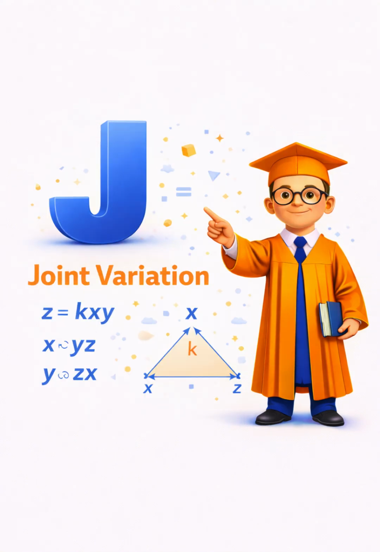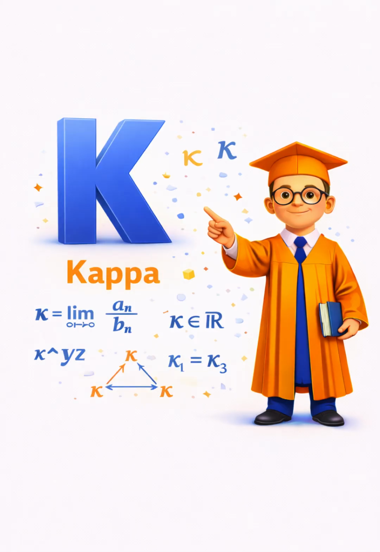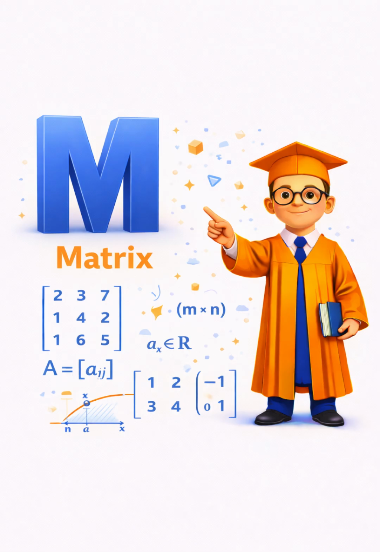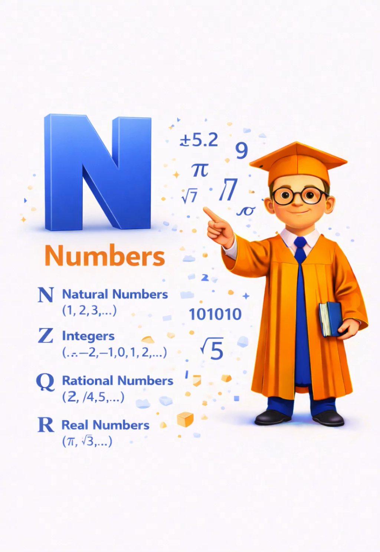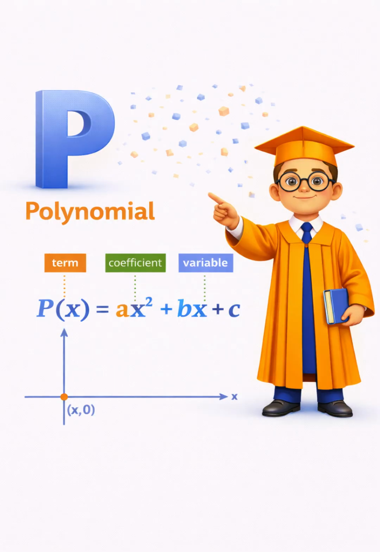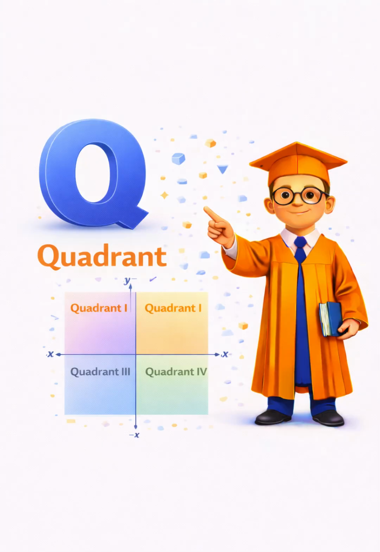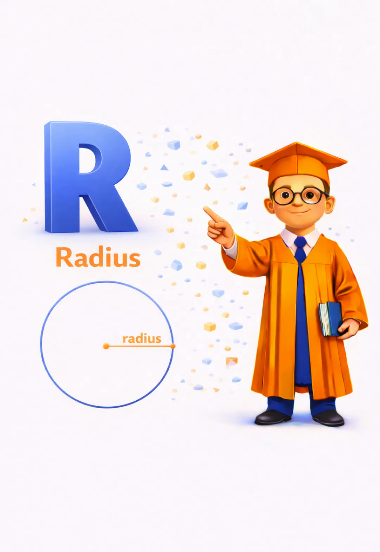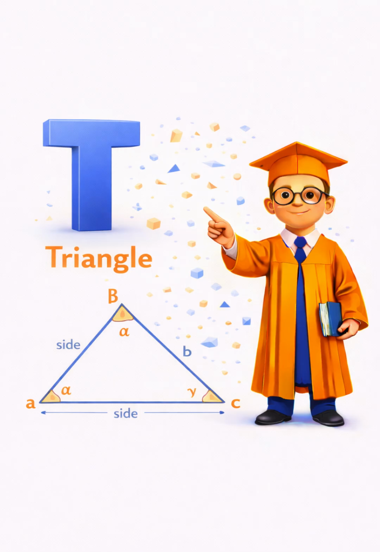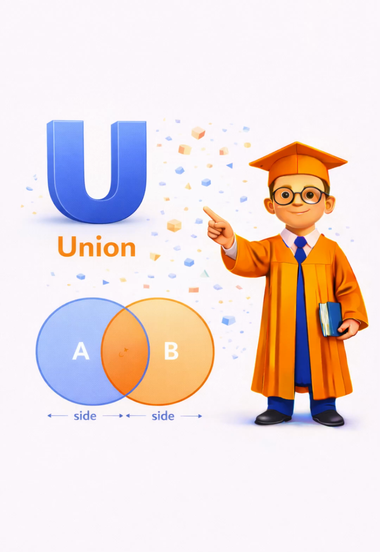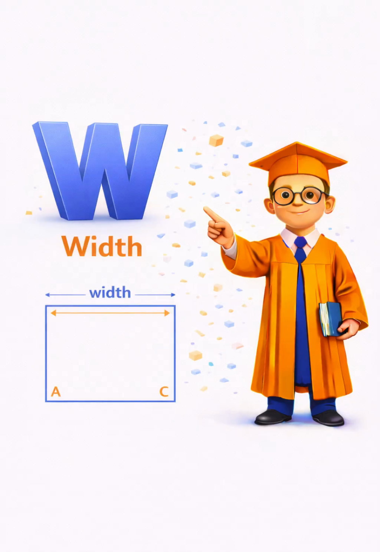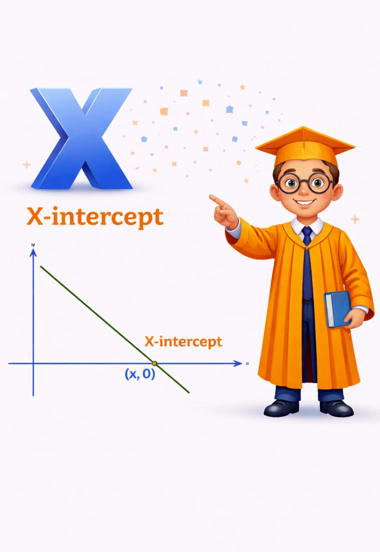integration, J is for joint variation, K is for kappa, L is for limit, M is for matrix, N is for numbers, O is for operation, P is for polynomial, Q is for quadrant, R is for radius, S is for square, T is for triangle, U is for union, V is for vertex, W is for width, X is for